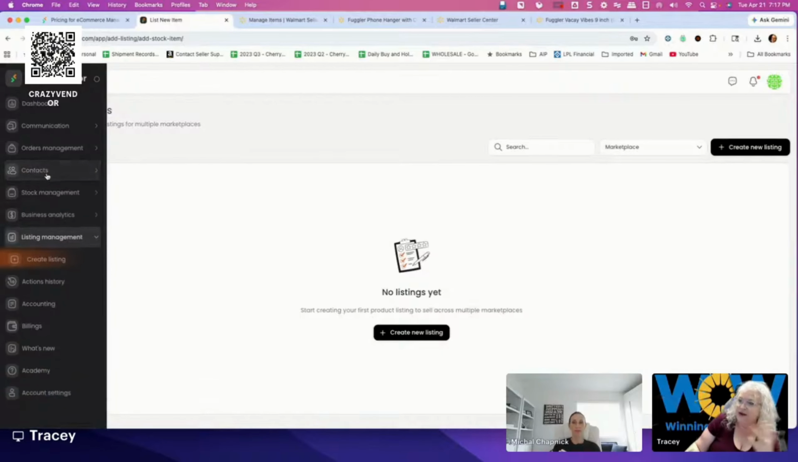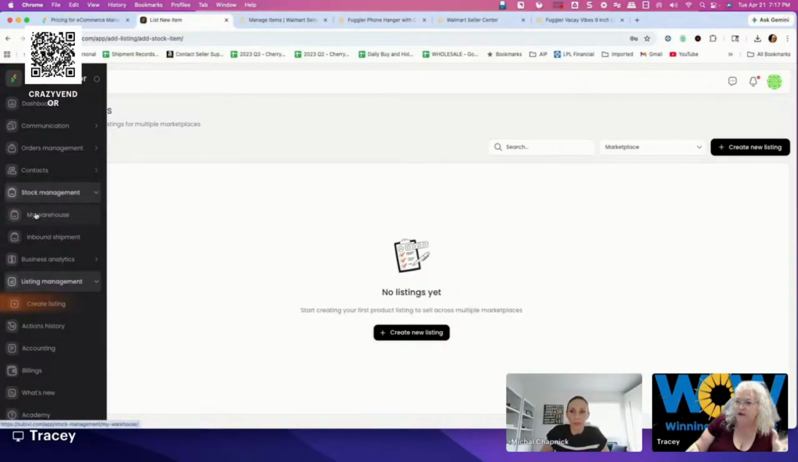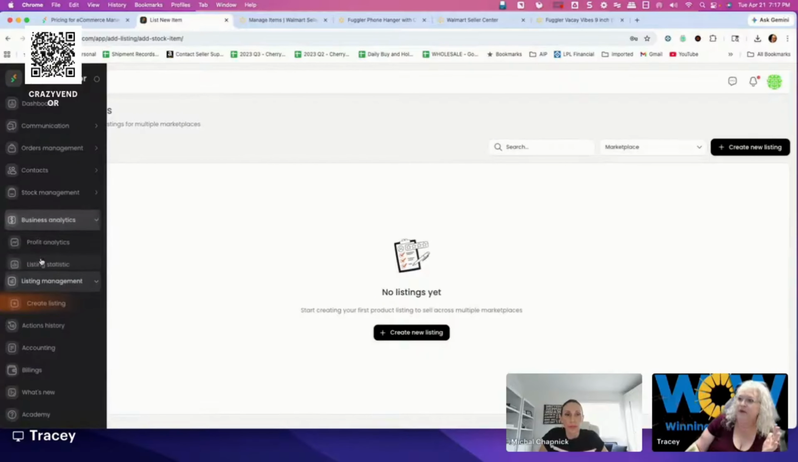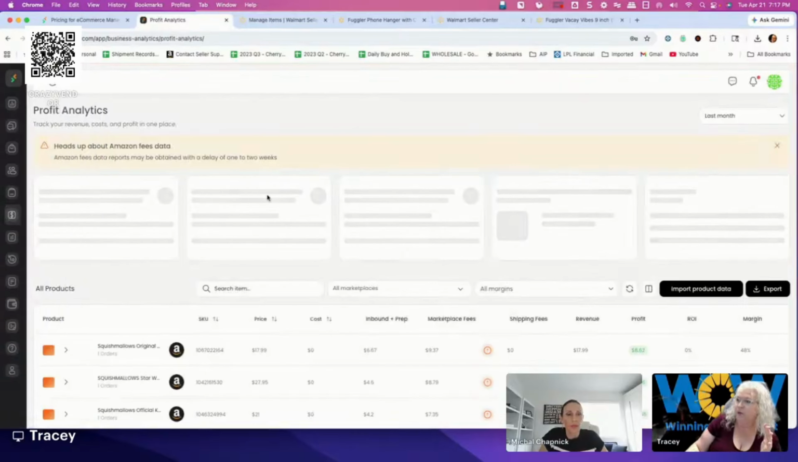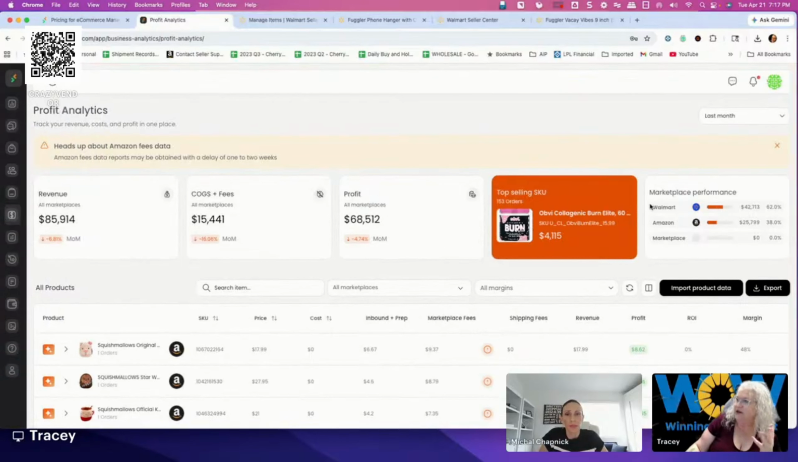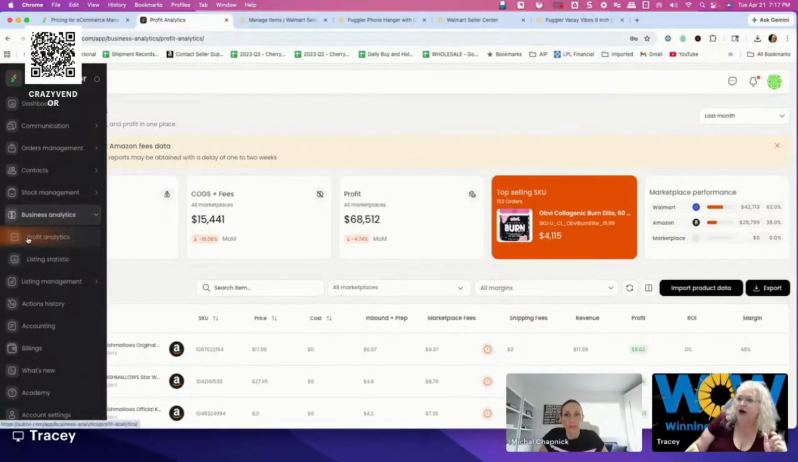So the contacts information I don't know enough about, but stock management, this is where you can control the inventory that you have, your inbound shipments that you're doing, business analytics. This is where you can look at your profit. They have some stuff here. It's going to become even better as we move forward, but there are some pieces of information here that are